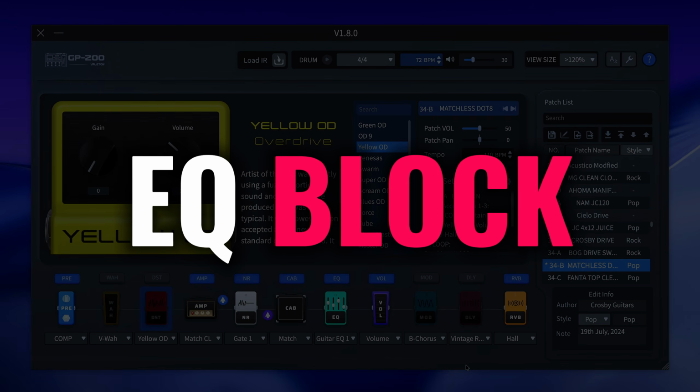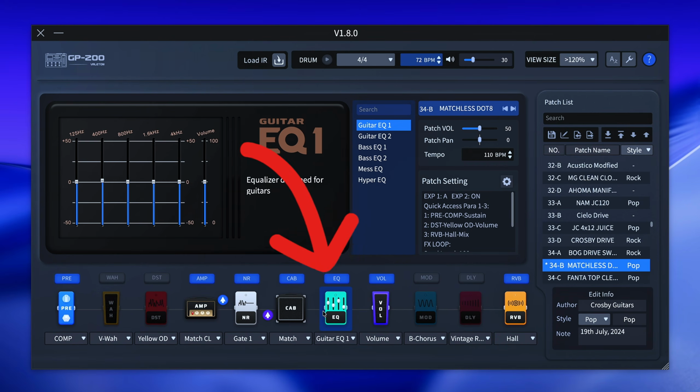In this video, we'll be looking at the EQ block on the Valeton GP200. Let's get started. To access the EQs on the Valeton GP200, you have to click the EQ block in the